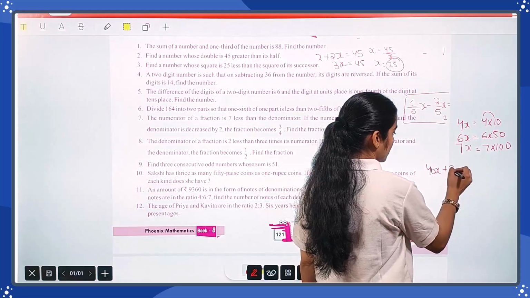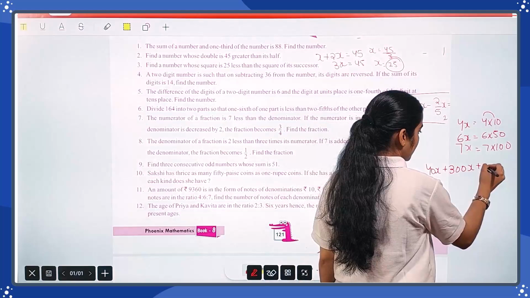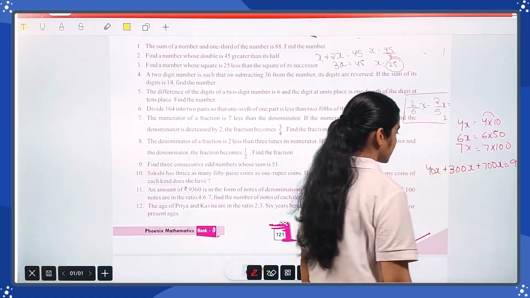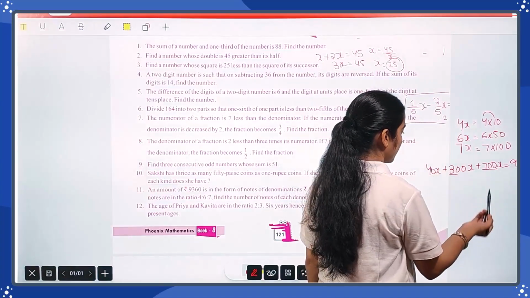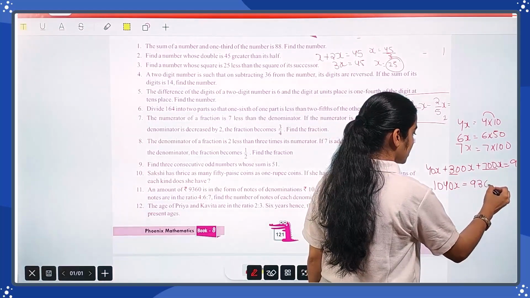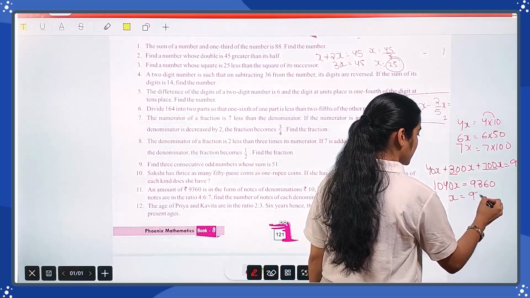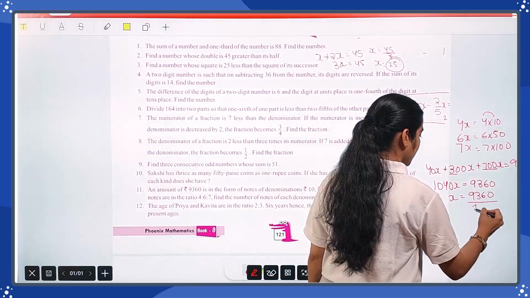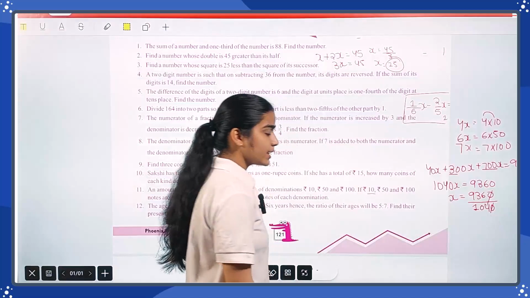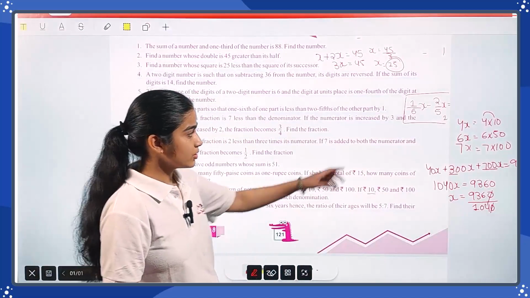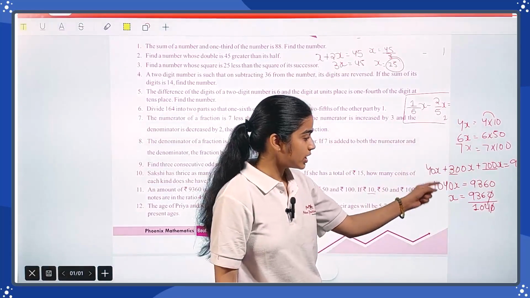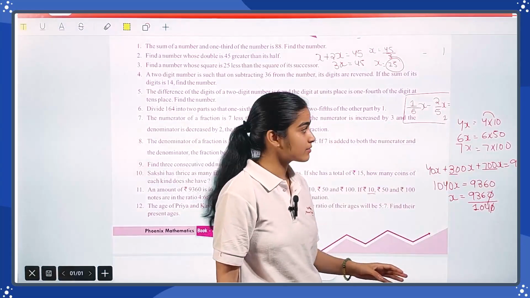40x, 300x plus 700x, that is equal to 1040x. So 1040x is equal to 9360. x is equal to 9360 divided by 1040. So zeros cancel out. Solve it, and whatever value you got for x, then put it in the 4x, which means 40x, which means 40 multiplied by x value, 300 multiplied by x value and 700 multiplied by x value, and then you